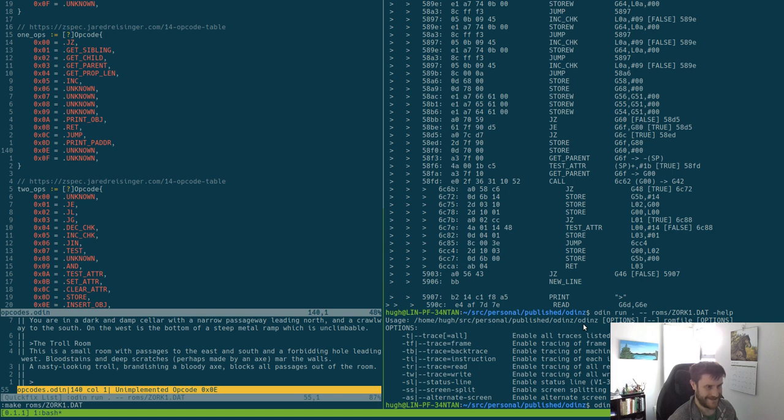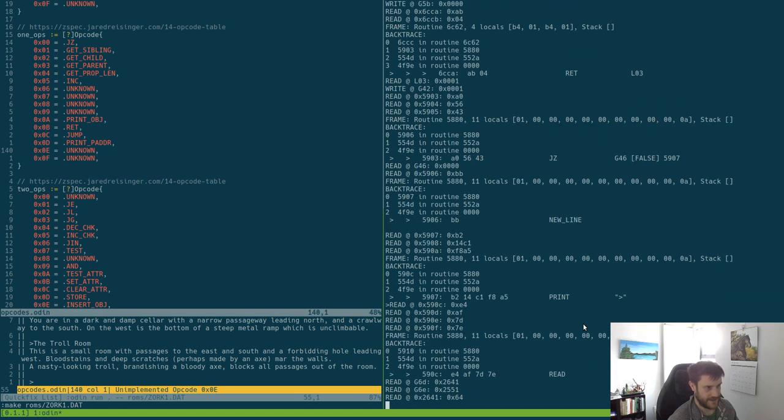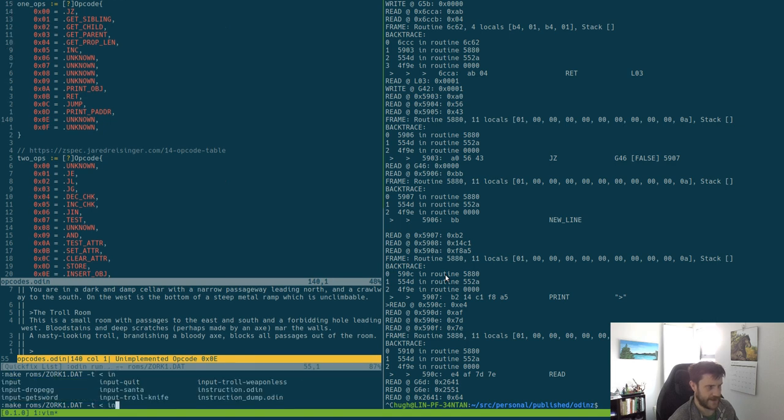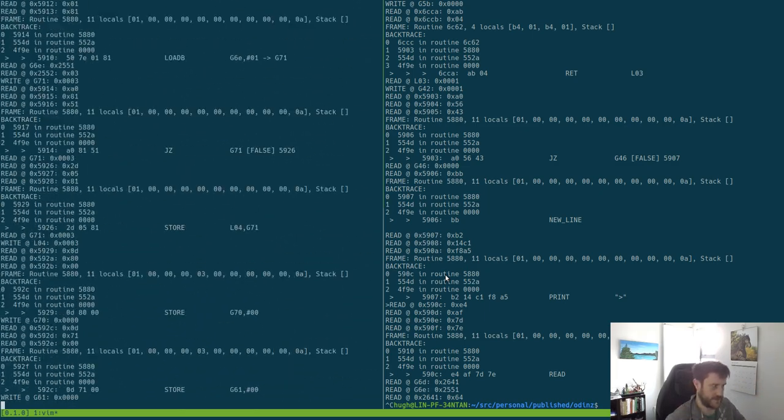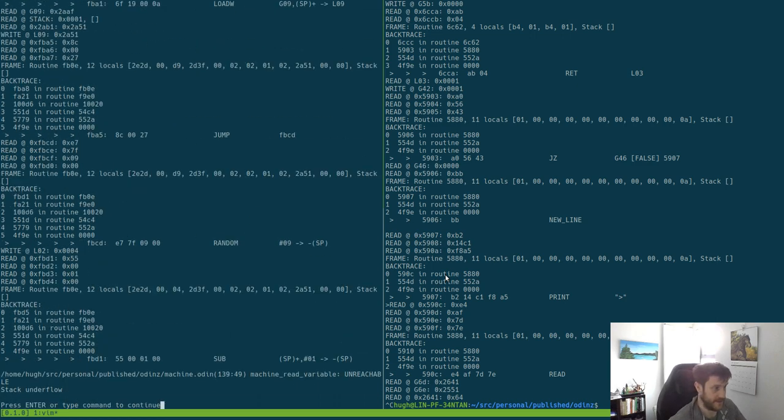There's another shorthand, which is just trace all. It does do the reads and writes, which can be a bit annoying, but I think I might just do the trace all, and I'll input this troll weapon list. This will read from that script and run the code as you do, and it should hopefully hit this